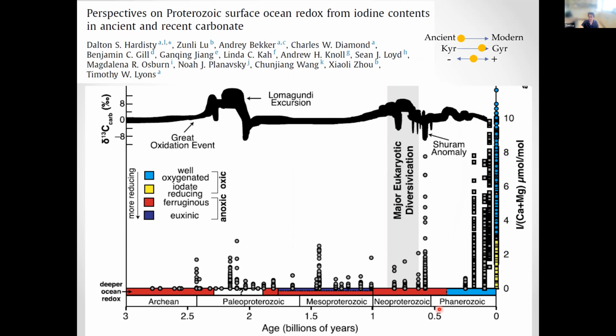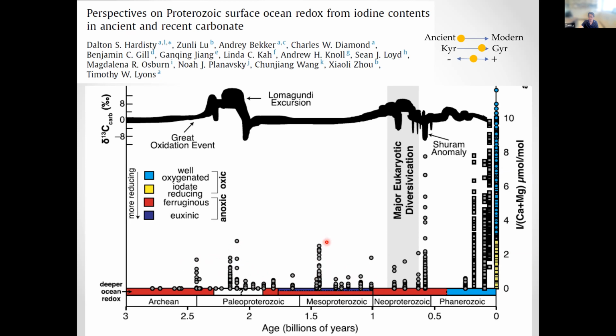So the next case study I want to show is the Mesoproterozoic, the Boring Billion period. After the GOE and the Lomagundi high iodine peak, we get into relatively low iodine values throughout for more than 1 billion years. The only exception